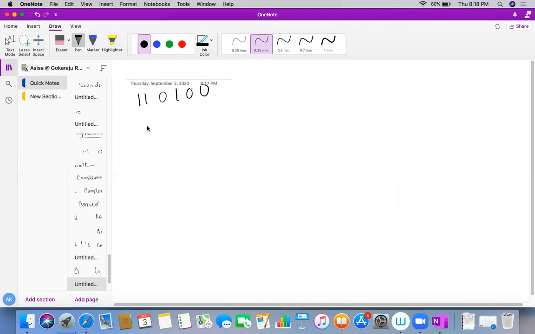In order to get the actual binary form, we have to get the 2s complement of the options. Am I correct?